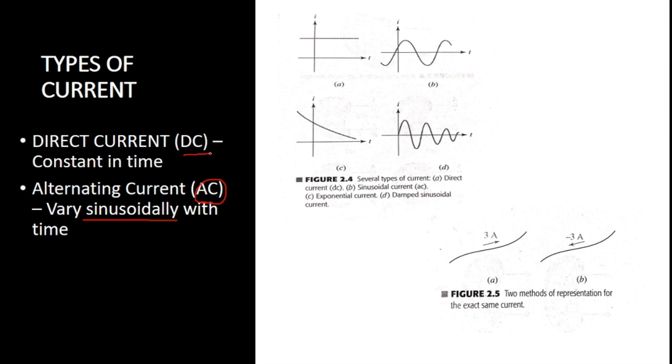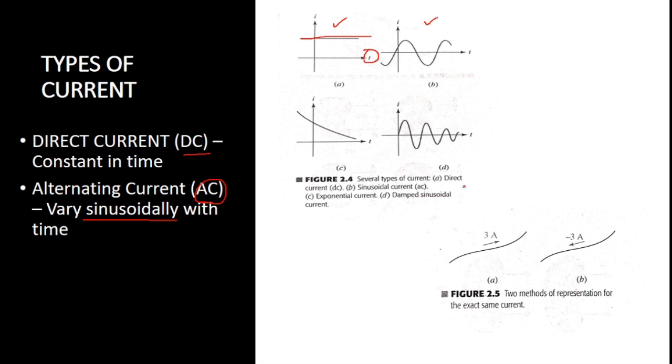So in this subject, we'll be analyzing both kinds of circuits. We'll be analyzing DC circuits also, and AC circuits also. If the current is constant at all values of time, if you see here, there's a straight line. There is no variation at all. So if the current value is the same for whatever time you take, we call that the first type, direct current. Or if the current varies sinusoidally as time varies, we call that alternating current. There are other types of currents also, but these two are our interest right now: the DC current and the AC current.